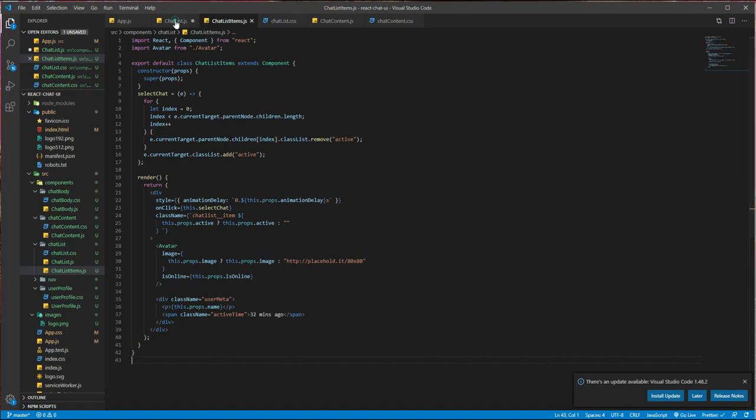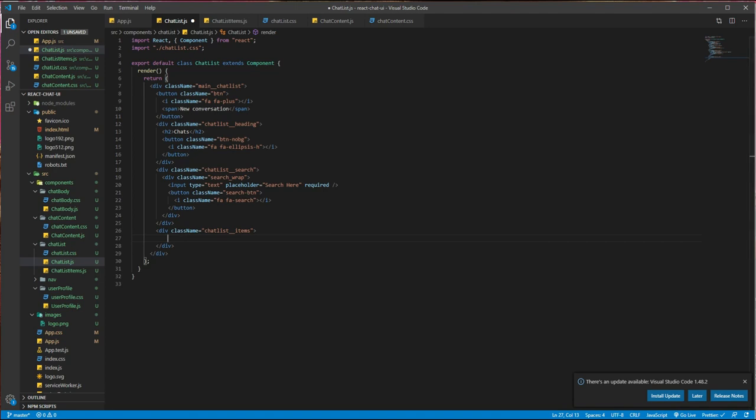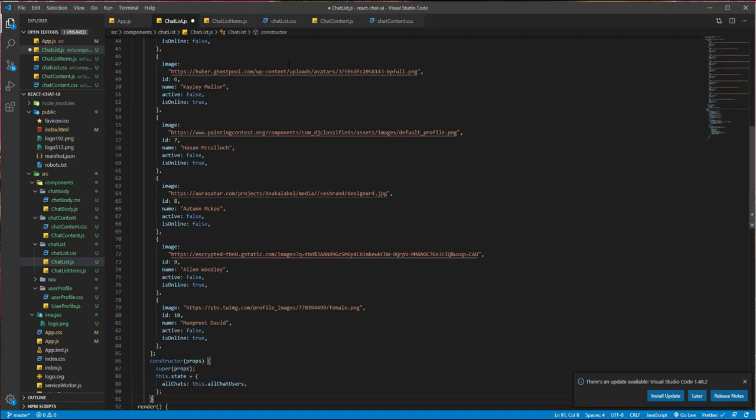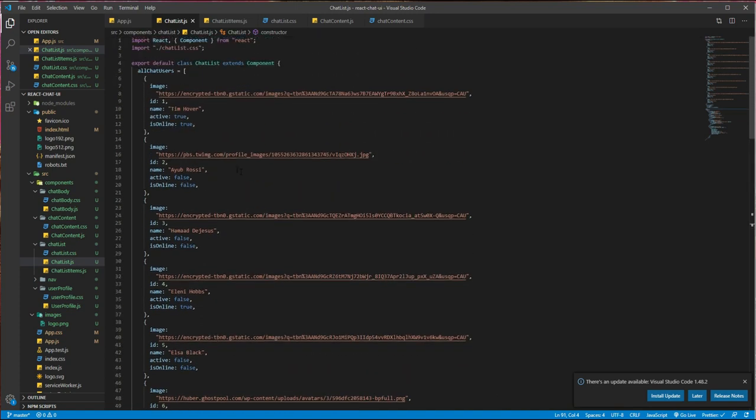So in the chat list, let's import it. What I did is first initialize some boilerplate, some dummy chat names: this is the image, this is the name, this is the ID, whether the user is active or not, whether the user is online or not.